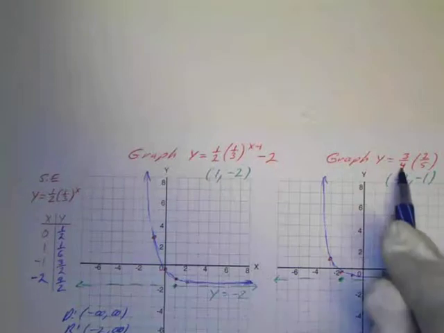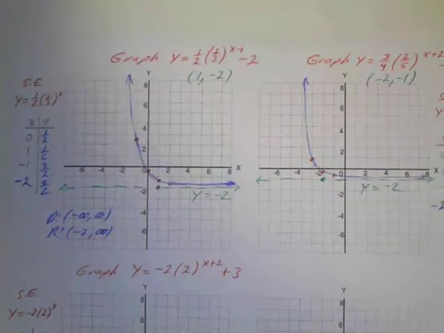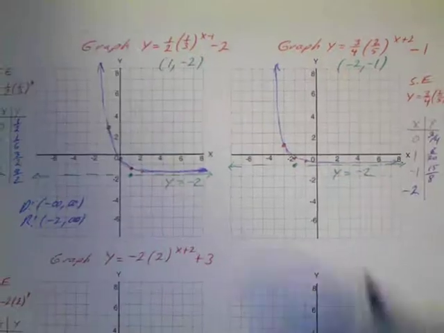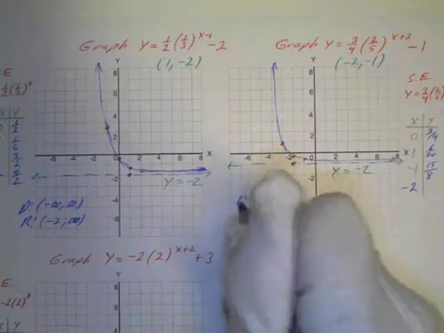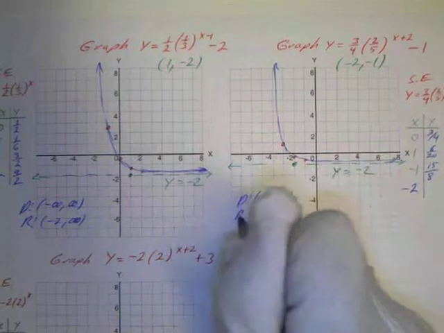Again, in this case, our a was 1/2. In this case, our a was 3/4. All right? So it looks like I've got exponential decay. It looks like my domain is going to be negative infinity to infinity. Looks like my range will be,